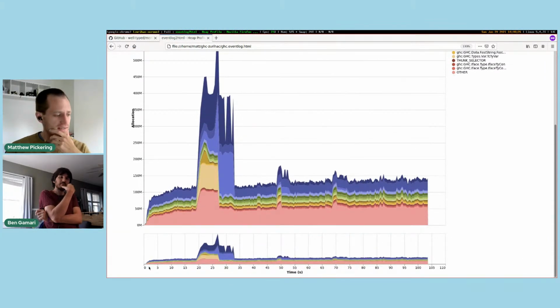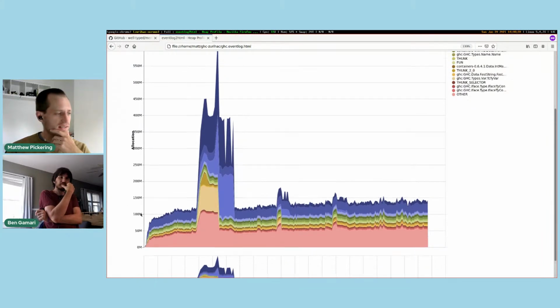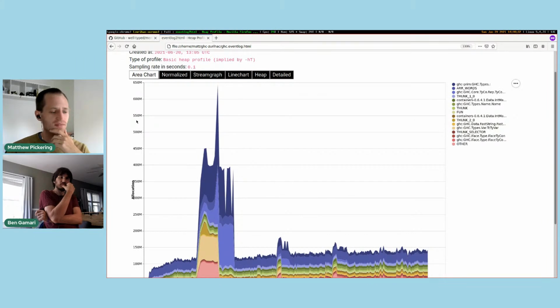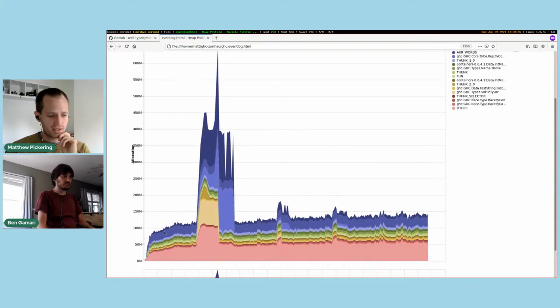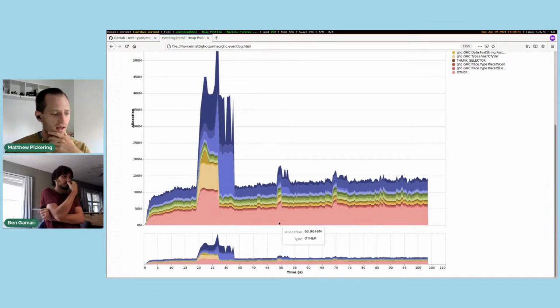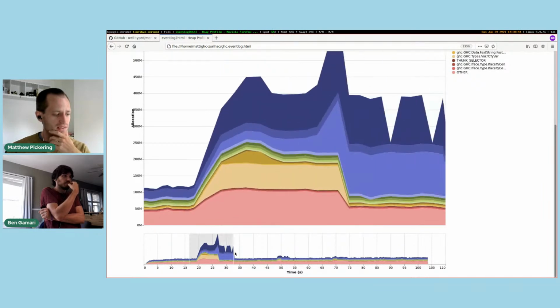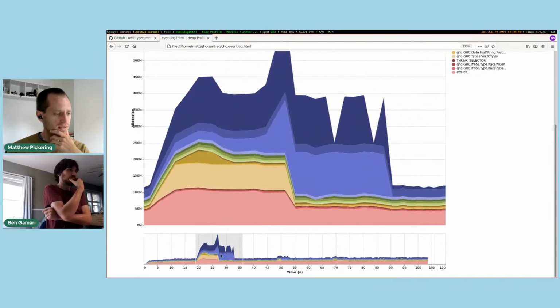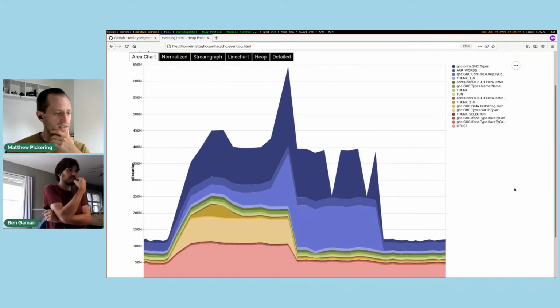And on the x-axis down here is the elapsed time in the program. On the y-axis, it's the current residency at that time in the program. So you can see how the memory profile of your program develops over time. A nice feature of eventlog2html is that you can zoom into specific parts. So we can zoom into this area here, and also you can hover over different bands to see what's going on. So in this period here, there was a large amount of